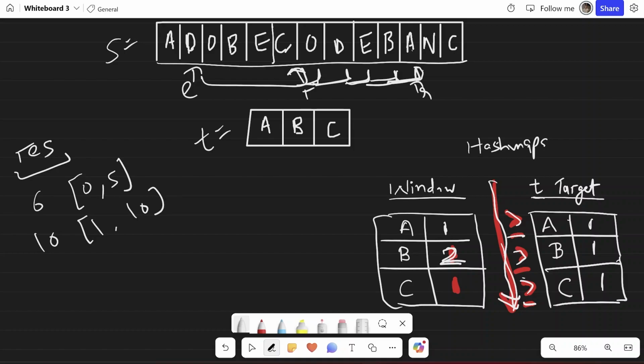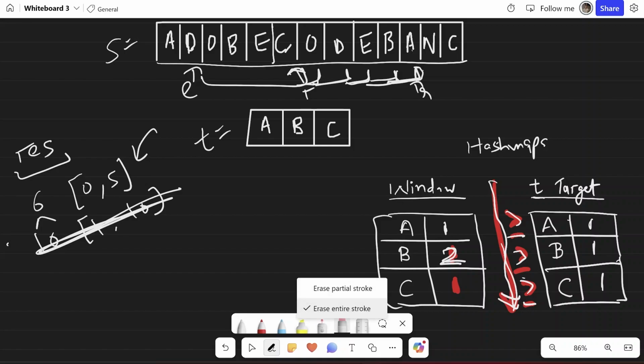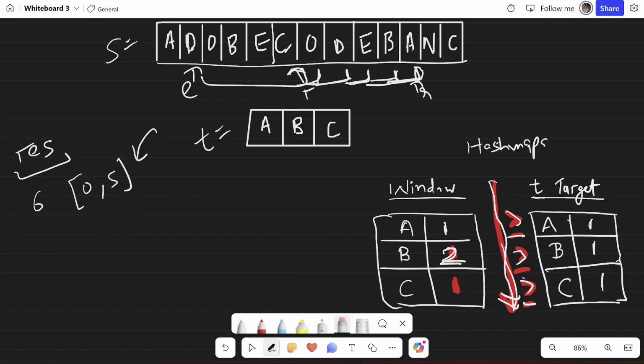But as I already found a lesser length substring before, as 10 is greater than 6, I'll just ignore this because the previous value was smaller. Let me just clear this. So this is still my res.